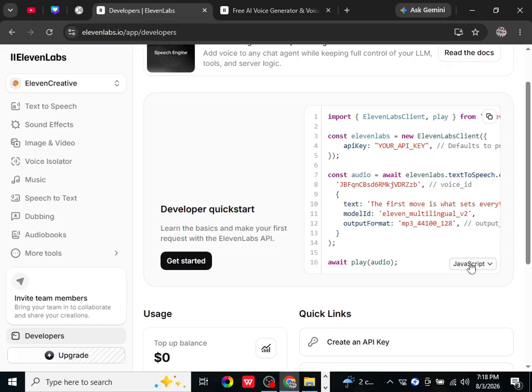You should also add proper error handling. If a request fails, your automation should be able to detect the error instead of silently continuing. For larger workflows, keep track of your API usage